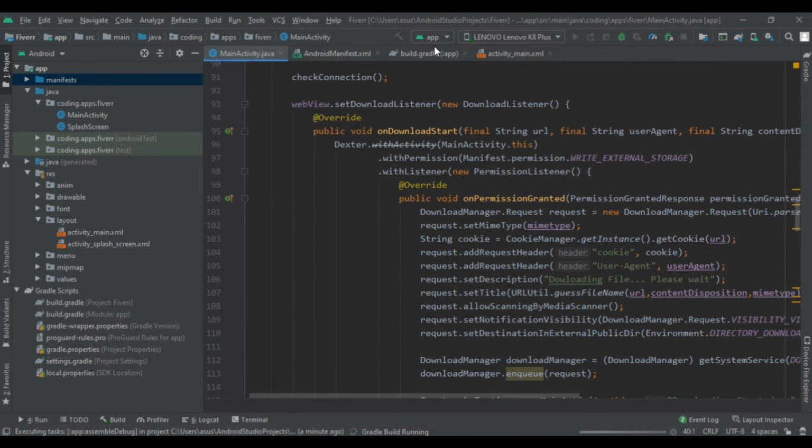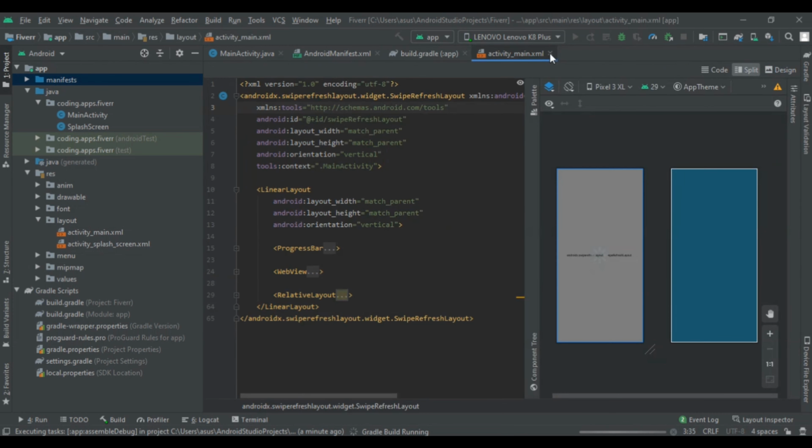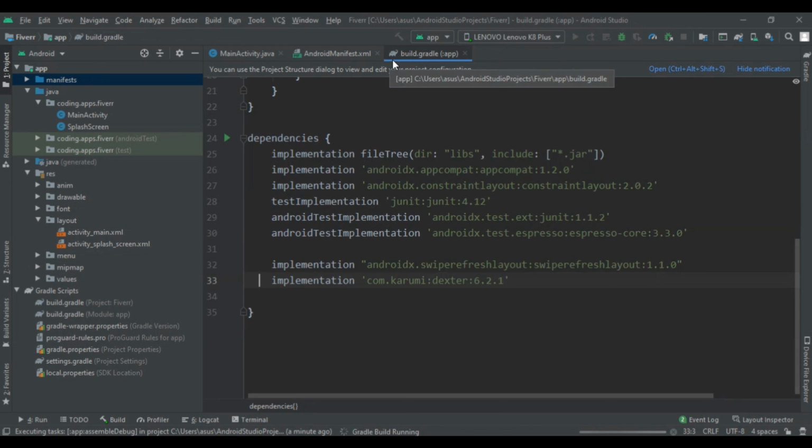So first of all, we had added the Dexter library to our build.gradle file. You will find the link to this Dexter library in the description. Then we had not done anything in our activity main. We had created it in previous videos. We had added the swipe view in our previous video.